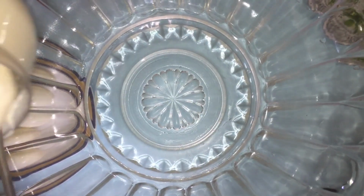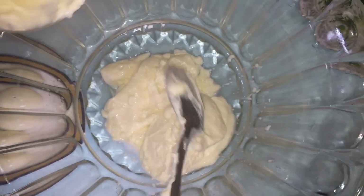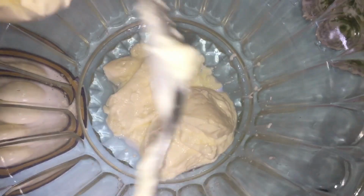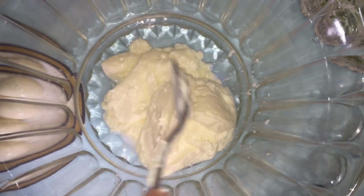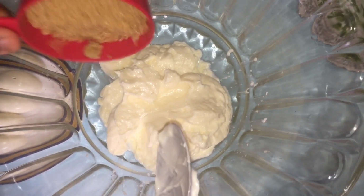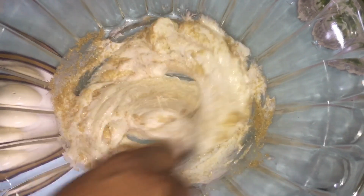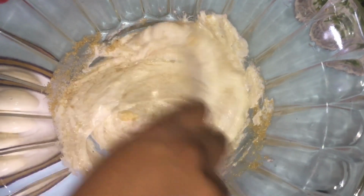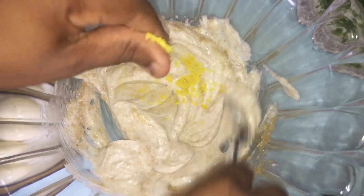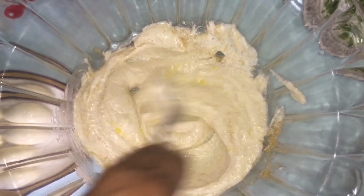So in a bowl, you're gonna pour in some mayonnaise. Check the description box down below and I'll let you guys know how much I use. You're gonna pour in your sugar, and mix it up. Combine the sugar very well. Also you're gonna put in your cubes, or you can use salt instead. You're gonna put in your sweet pepper,